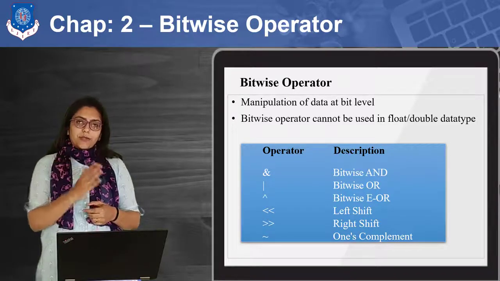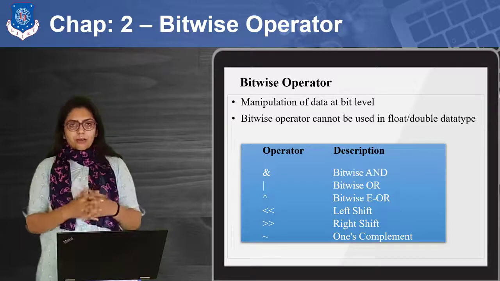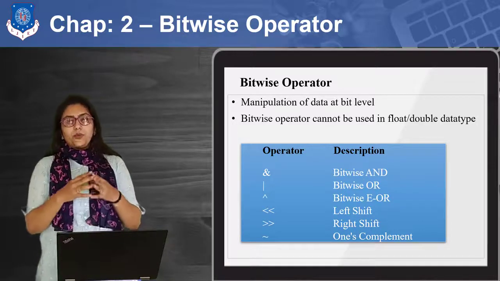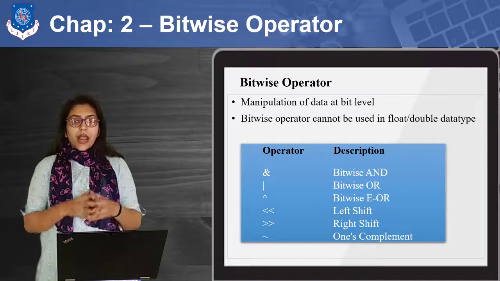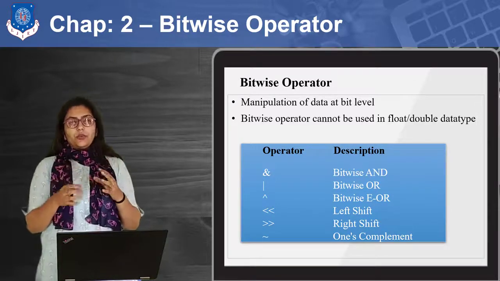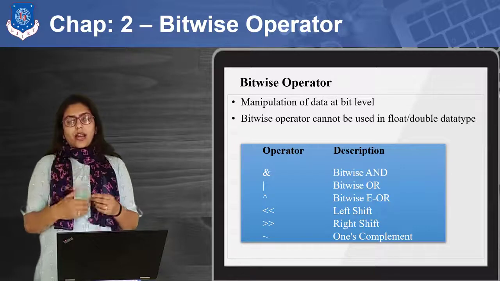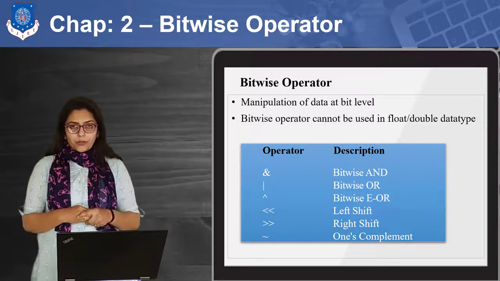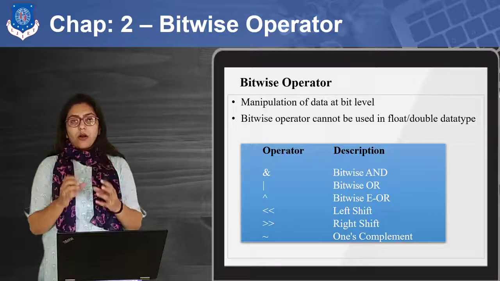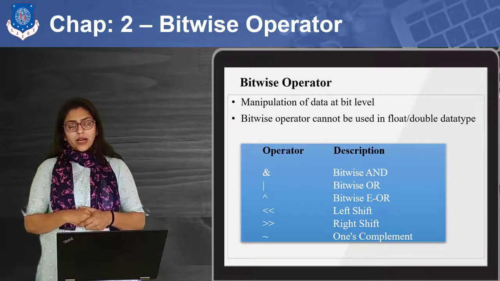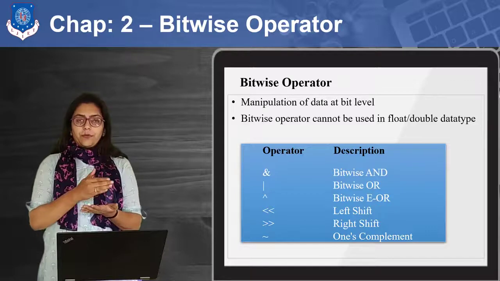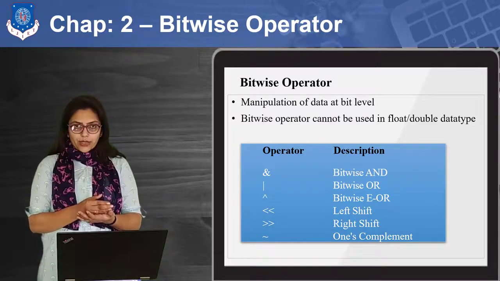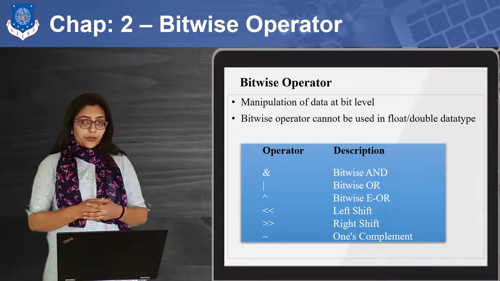You know, in previous lectures when we were studying logical operators and relational operators, at that time we were putting conditions, right? And in that condition you can use OR, NOT and AND operators. But bitwise operators specifically work at the bit level, right? So if you want to manipulate bits one by one, at that time you can use bitwise operators. Now which are these operators?